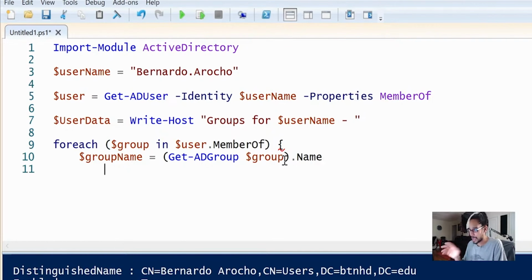We're going to do a tab, get fancy with the coding, and what we are going to do is use a command of Write-Host, autocomplete, open and close parentheses, and within the open and close parentheses, I want to write out the group name.